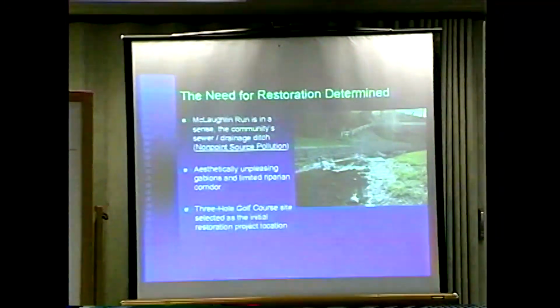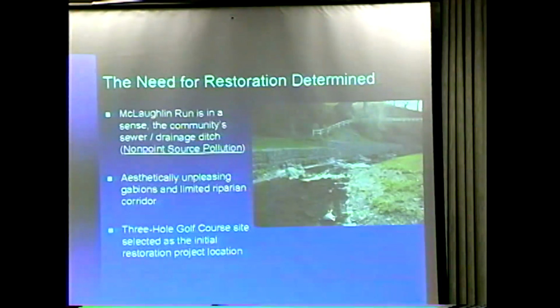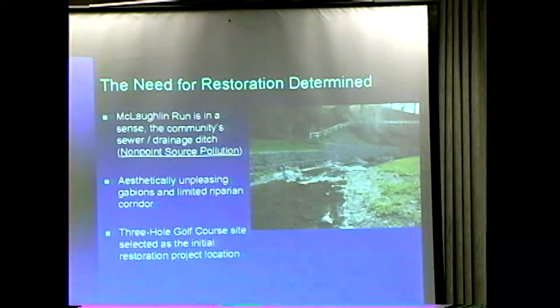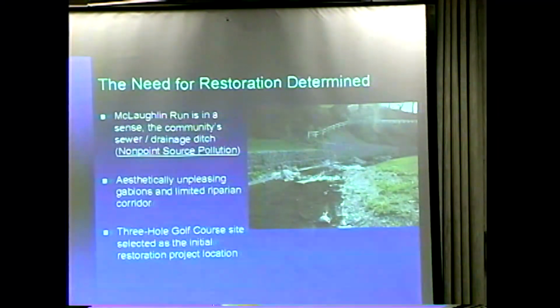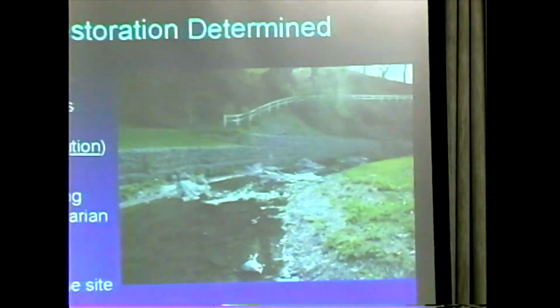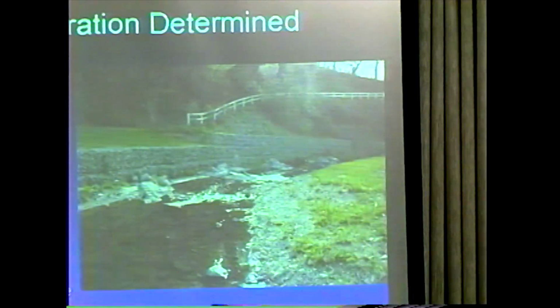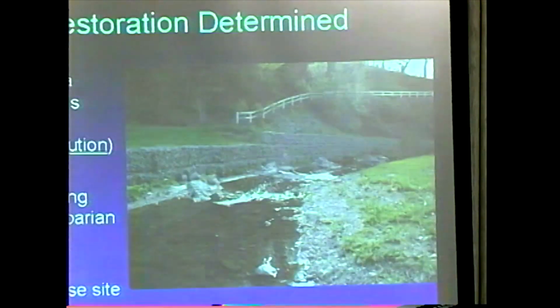McLaughlin Run, in one sense, is the community sewer or drainage ditch. There's non-point source pollution that is coming from all sorts of places throughout the whole watershed, whether they're pipes coming from parking lots into the stream, whether it's pollution coming from the golf course itself, fertilizers, maybe pesticides, whether it's sanitary overflow and the waste products coming from there. Also,